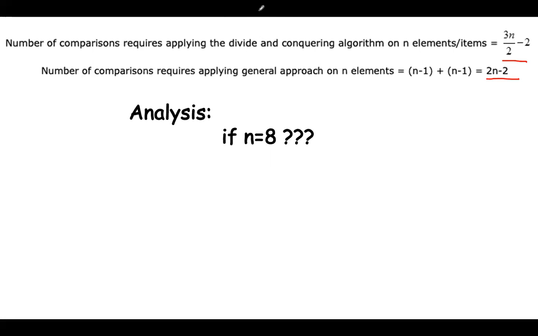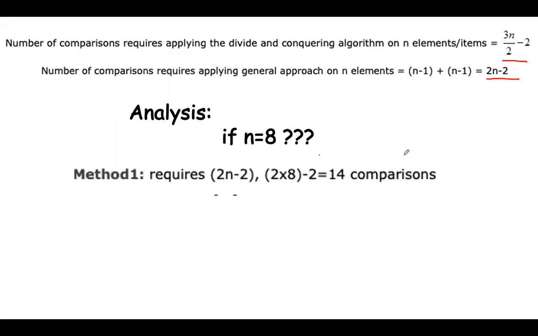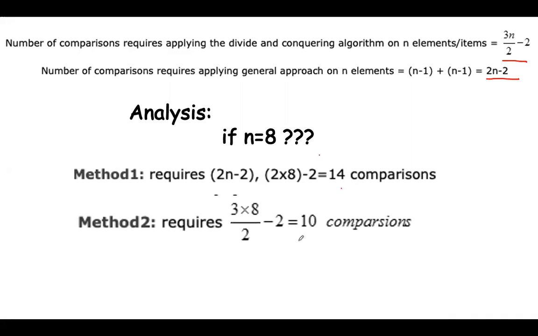Okay, we shall take one example. I will take n value equal to 8. As I said, for more and greater n values, one algorithm has to perform better. If n value is equal to 8, then what will happen? Method 1 will take how many comparisons? 2n minus 2, so it will take 14 comparisons. What about method 2? It will take only 10 comparisons. Is it clear? If n value is 10 or 50 or 100, you just observe, as the n value goes on increasing, obviously method 2 will perform better.